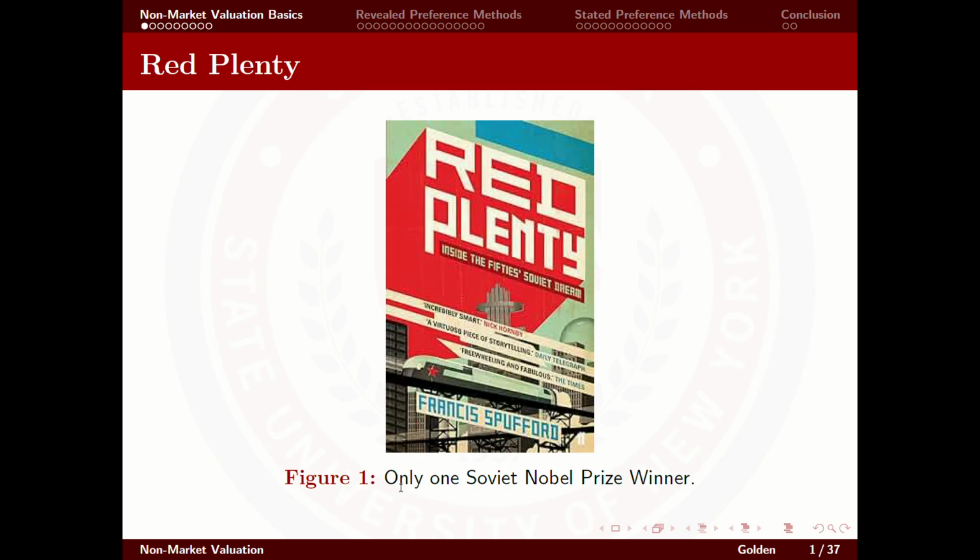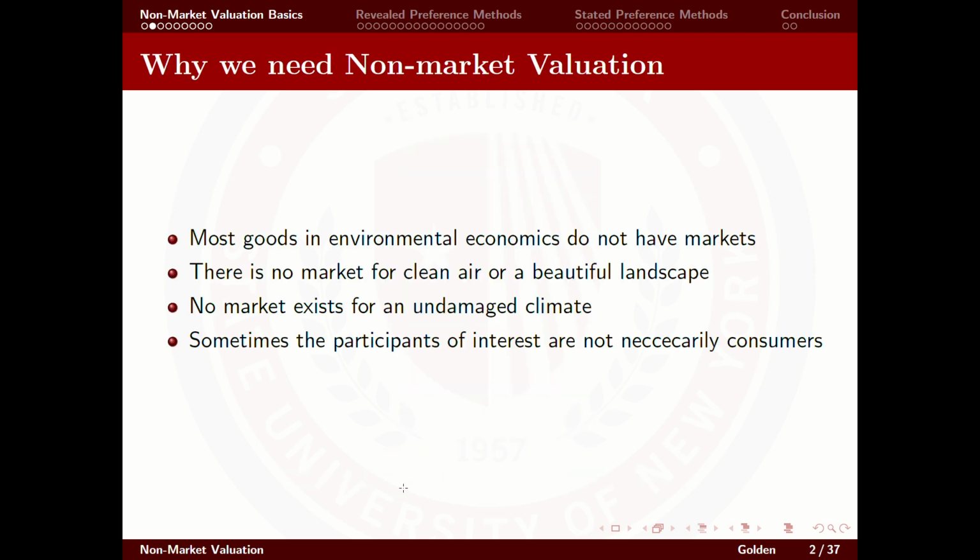Non-market valuation is very similar to this. You don't have a market for something, and you have to find out how much it's worth. And so there's this inherent cognitive dissonance, this inherent tension there. It's hard to make things work without a market. But we're going to figure out how to do it. It's a really valuable area of environmental economics. It's just a very difficult idea, how to value things without the market.